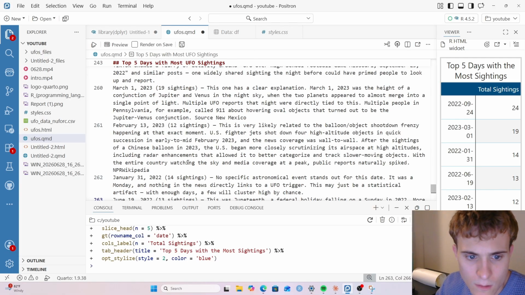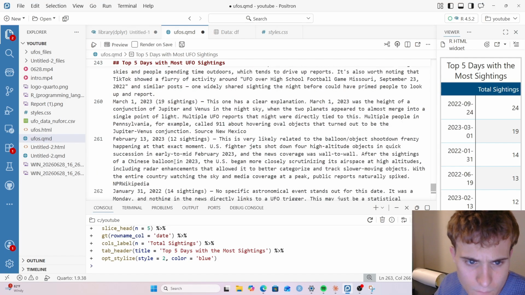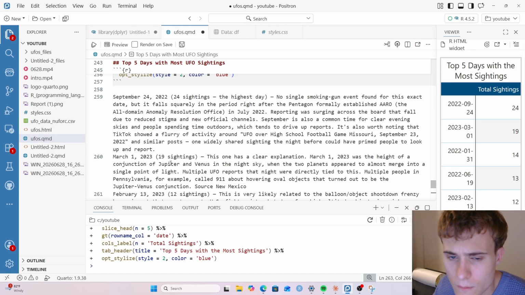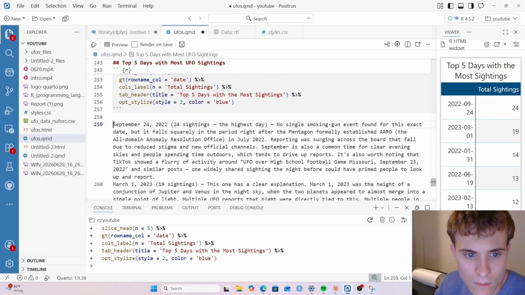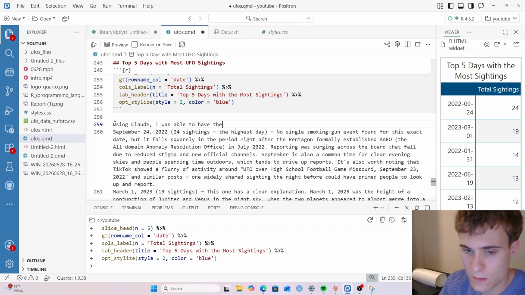It has the sources that it's pulling from. Using Claude, I was able to have the agent